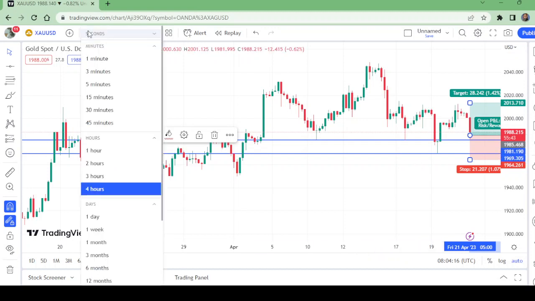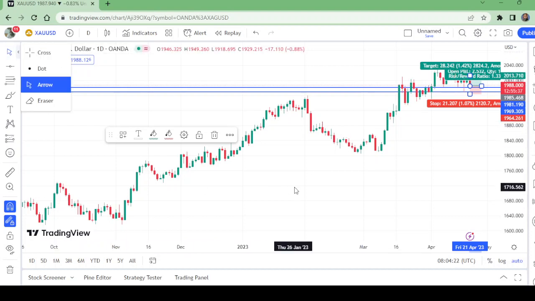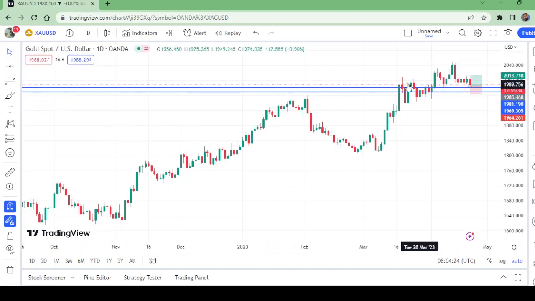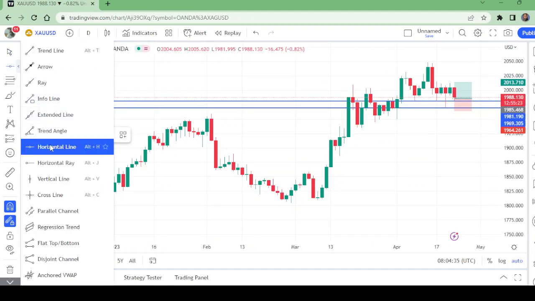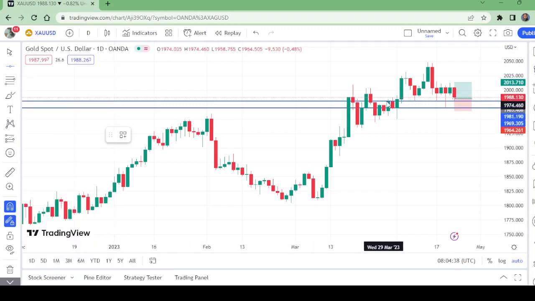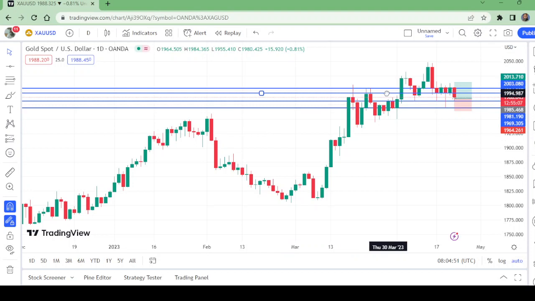Now let us move to the daily time frame for take profit options. Now on the daily time frame, we have made take profit options. Now I am putting the horizontal lines for take profits. If we enter here, then we have the take profit here, and below this we also have a take profit option. Now let me adjust it somewhere here. There are many take profit options.